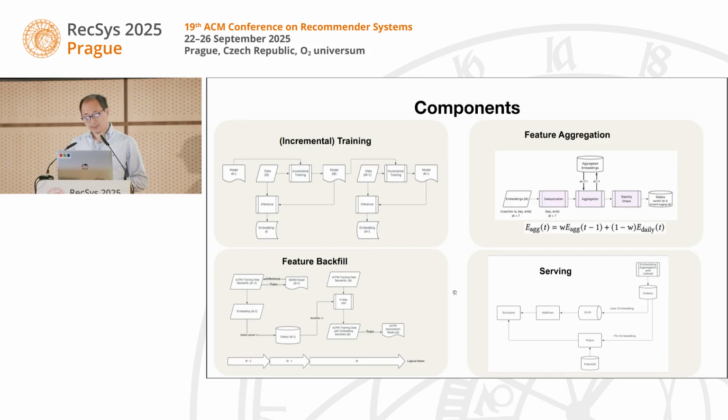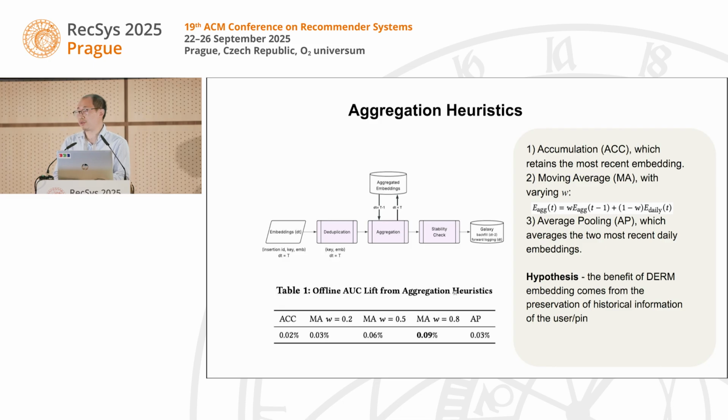So I don't think there will be any drop. Your question, I guess, is that the downstream model will see everything, but our embedding is only trained and inferred daily. But as I mentioned, we also have the aggregation heuristic. We actually always keep the historical information and do a proper weighted average, so that can help boost the downstream model. In the real world, a downstream model usually sees a shorter training window, like 1 year, because of the data retention. They only see a limited time window, and our embeddings can help them because they keep information from a very long time ago.